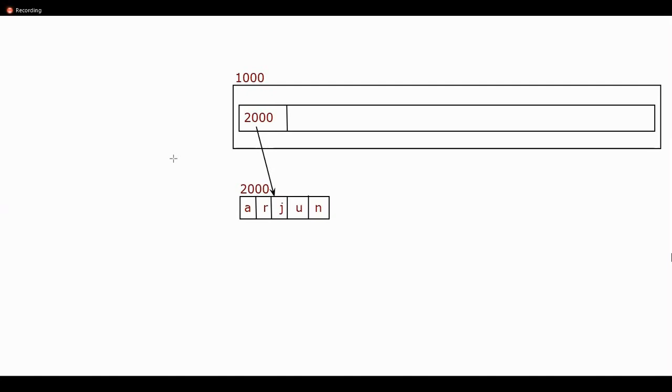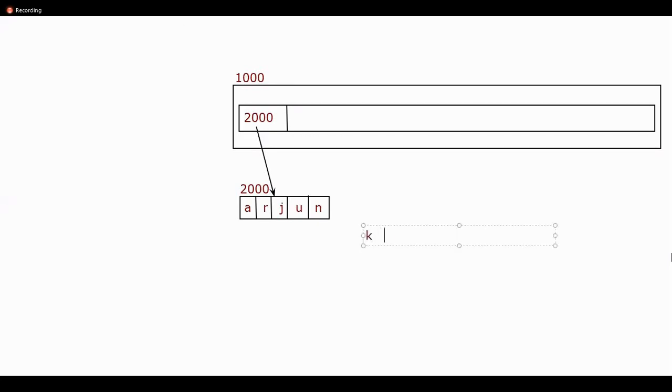Okay, sir. Arjun's data we understand, but then we have more string values. 100%. That would also be allocated in the same way. Let us assume the same for the second string. This is how the second string is allocated memory. Tell me, what is the second string? The second string's value happens to be Keshav.